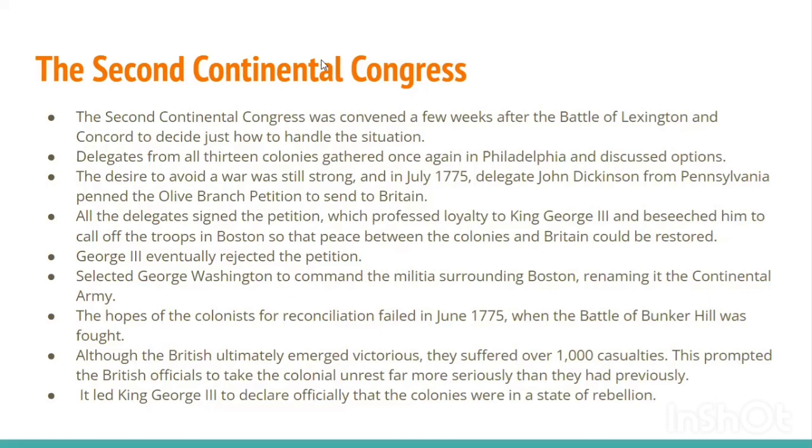Around 1,000 British soldiers died in the Battle of Bunker Hill. So it was finally an eye-opener for the British Parliament and the British Crown that the Revolutionary War had begun. The colonies were at the stage of rebellion. They were not going to listen, and the casualties were increasing day by day. So it was 1,000 British casualties in this Battle of Bunker Hill. And now